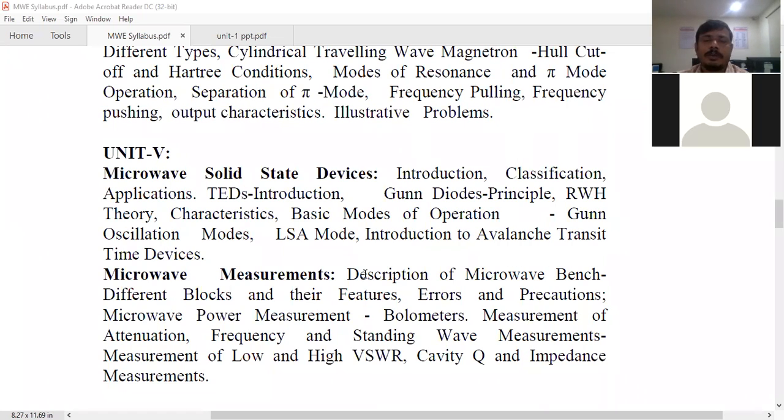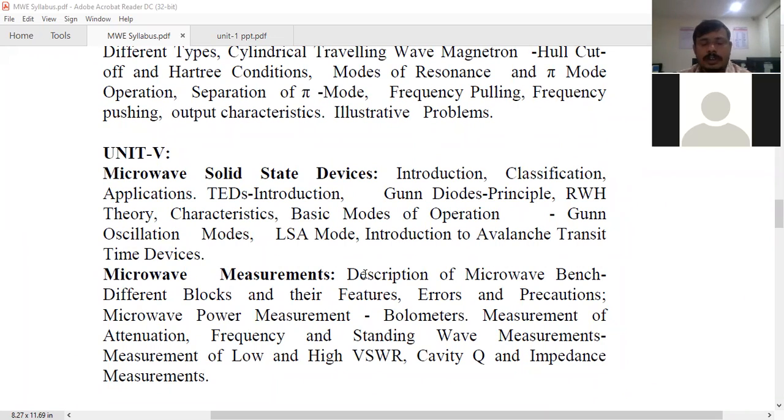The two cavity klystron is sometimes an oscillator, and the TWT, traveling wave tube, comes under oscillators, and there is the magnetron. The magnetron is one of the microwave sources, but we are not using it in our laboratory. In our laboratory, we are using these two: the reflex klystron and the Gunn diode, which is another microwave source.